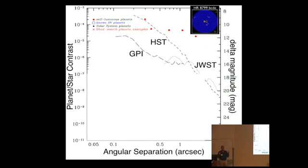But with a coronagraph from the ground, adaptive optics, the observers are able to blank out the star and see the individual planets. This dashed line shows the contrast limit for HST, roughly, for imaging young planets. This line here, labeled GPI, is for